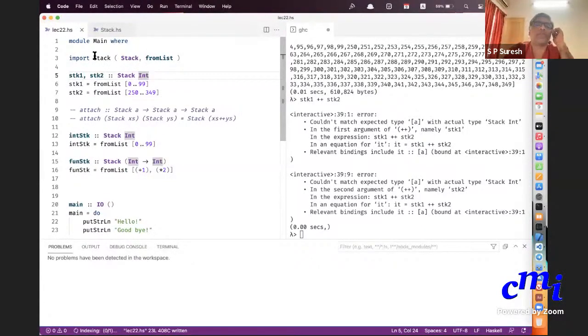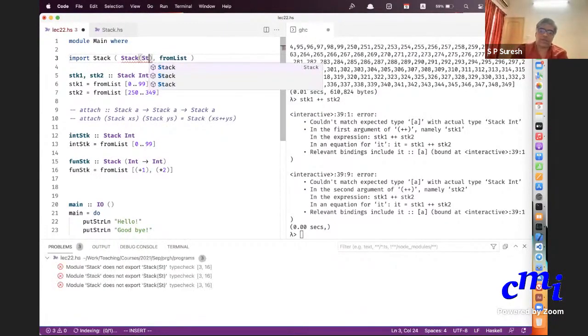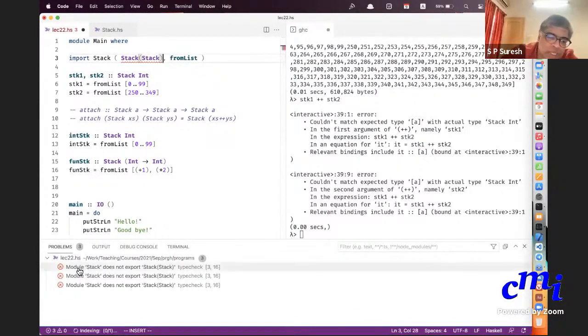Right now only fromList is being used, so I'm doing this. You can also control what all you're importing at the import side. But now even if you come here and say import all this, it will say no, I cannot import because those are not being exported. I can say import Stack, but you see the error here.